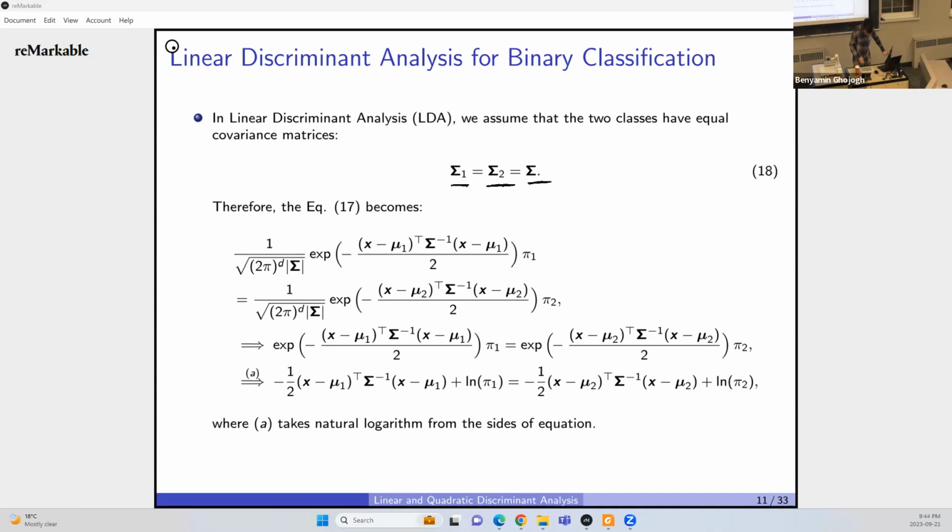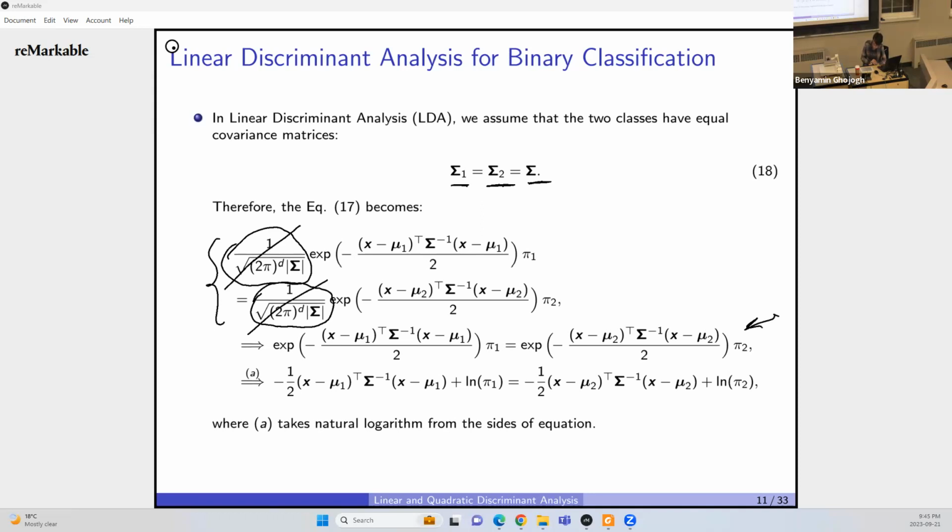Let's replace sigma 1 and sigma 2 with sigma in equation 17. So we'll have this. When I do that, interestingly, these terms are equal to each other, so I can get rid of them. Now you understand why LDA makes this assumption, because these are pain-in-the-neck terms, right? So they go away, and I will have this